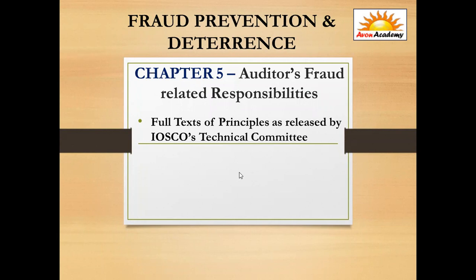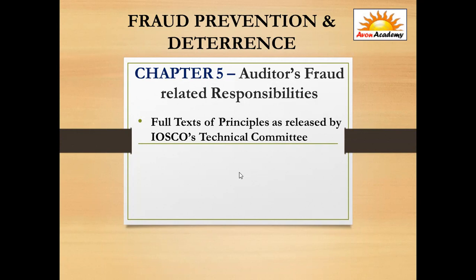We'll run through them. Just keep a note of it with pen and paper, because there will be one or two questions, not many, related to the IOSCO principles. Number one is investors' confidence through reliable financial information. Number two is protection of investors through independent auditors. Then we have effective oversight by bodies independent of the accounting profession and assessed by securities market regulatory authorities. So these are the first three principles.